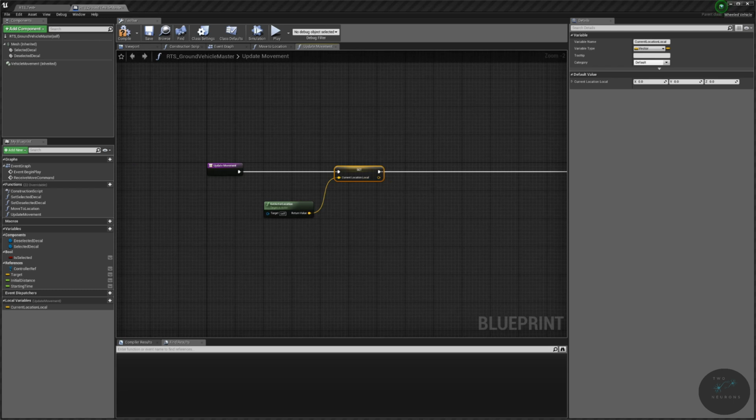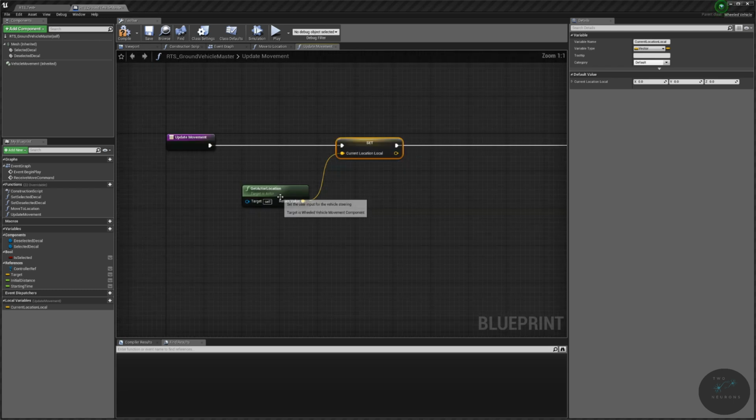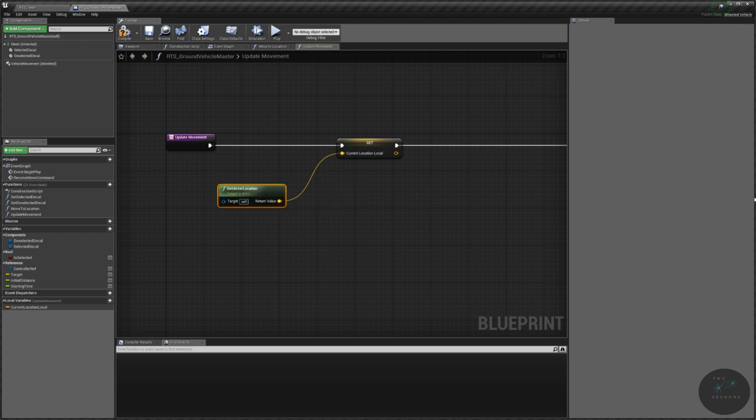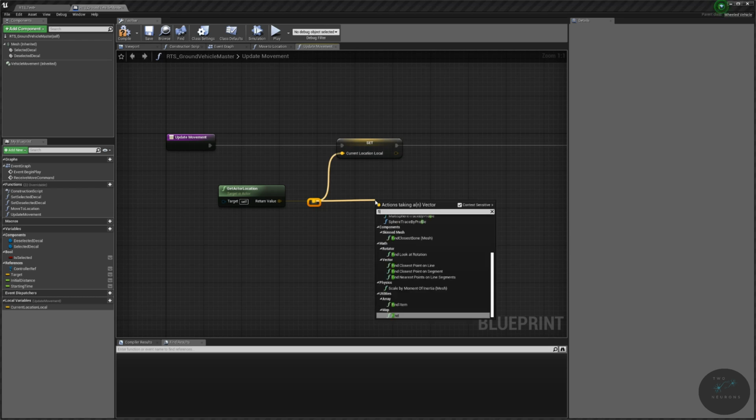So, we have our location. What we also need to do is locate the target in relation to the vehicle. So we need to know, is the vehicle to the left or to the right of the target? Or is it in front of the target or behind the target? So we are going to put a reroute into here. And we're going to drag off of here and we're going to get find look at rotation,